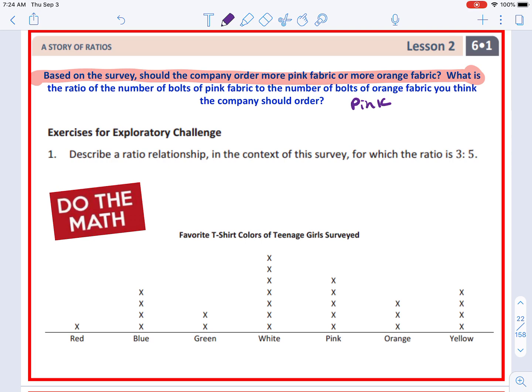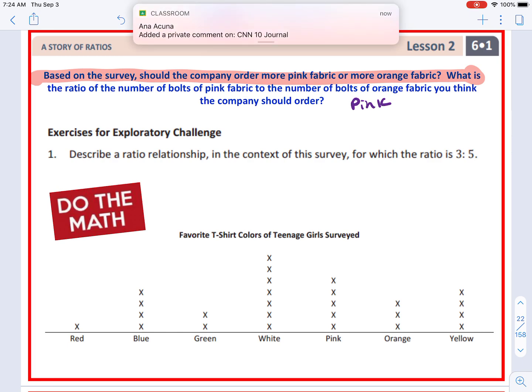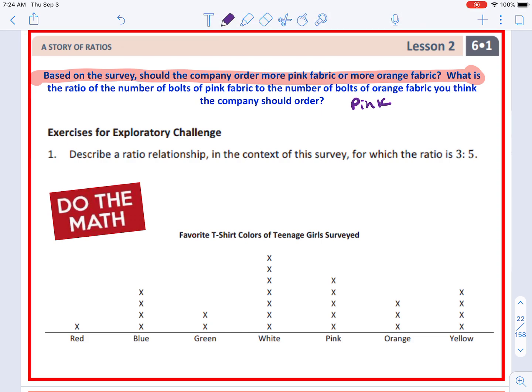And what is the ratio of the number of bolts of pink fabric to the number of bolts of orange fabric you think the company should order? Well, let's look at this. There are 5 pink and 3 orange, and it's asking us pink to orange fabric, so our ratio would be